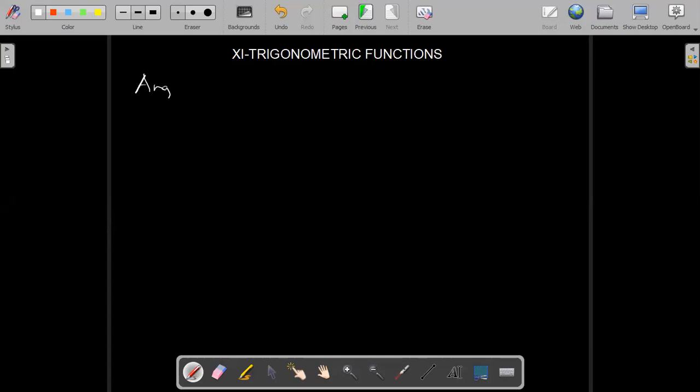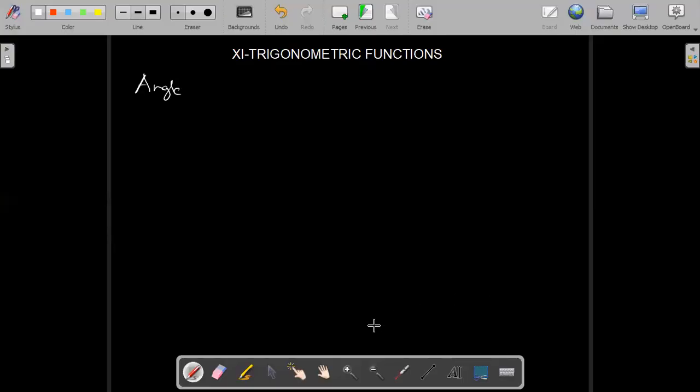What is an angle? So if you have this is the